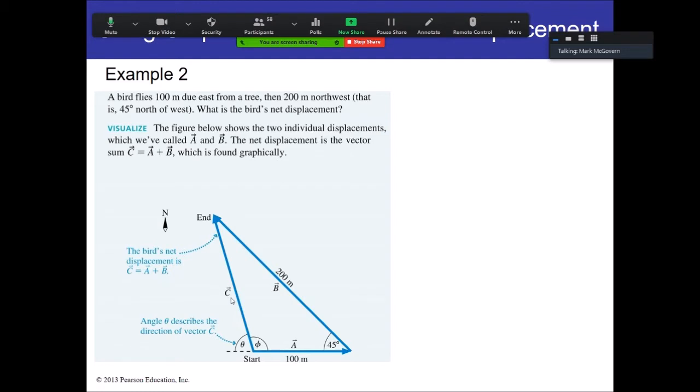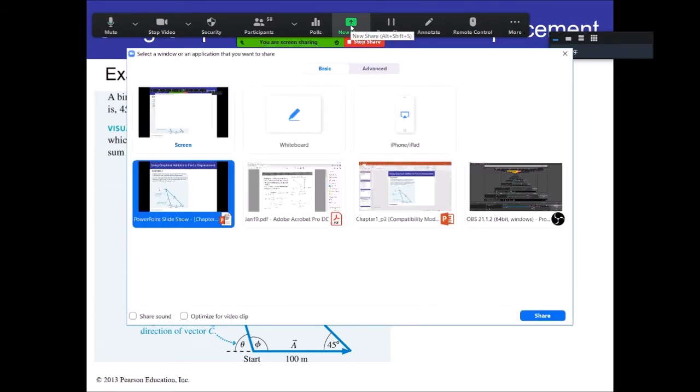The relationship between those vectors is when you add A and B up as a vector, you get vector C. So C basically tells us ultimately where the bird ends up from the starting position. Adding vectors is very common for displacement problems, and this is a great example of that. There are a couple ways to do this problem, and I'm going to go through both ways. So let me jump to my solution here,